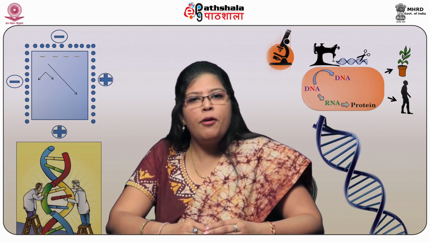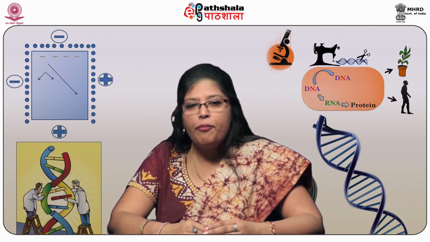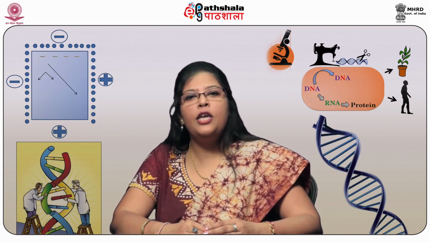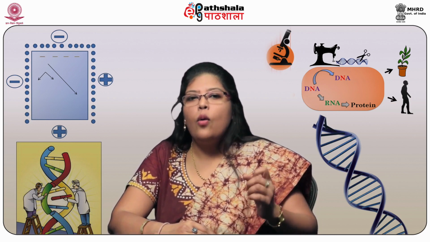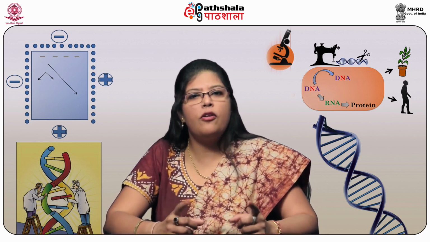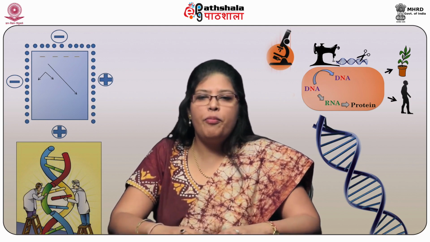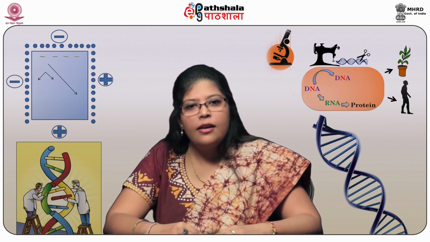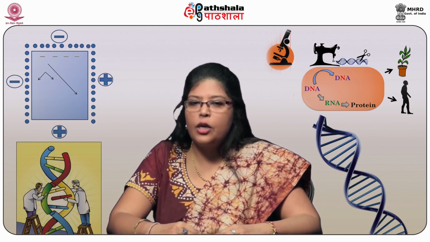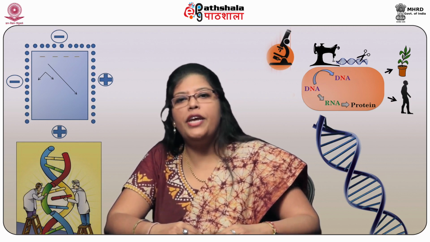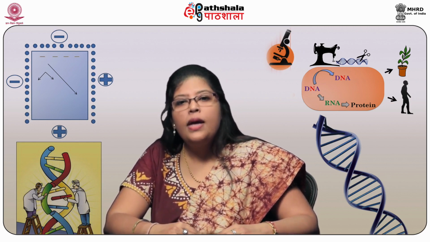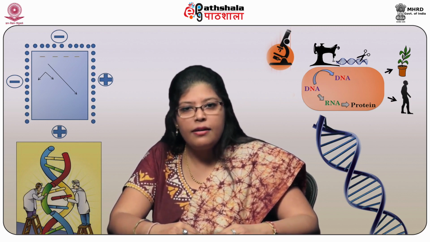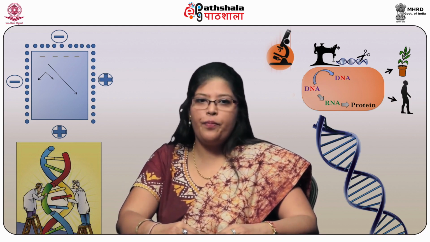Further, the DNA polymerase has only 5' to 3' polymerase activity. Hence, it can add a new base, a new nucleotide, only to the free 3' hydroxyl group and not to the 5' phosphate group. As a result, on the leading strand, only a single RNA primer is required at the initiation of DNA replication. Thereafter, the DNA strand is synthesized in a seamless, continuous manner in the 5' to 3' direction.